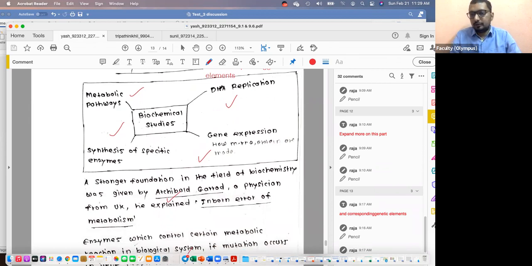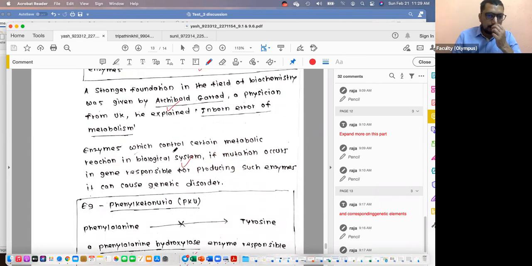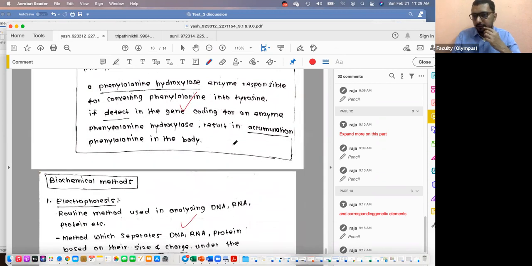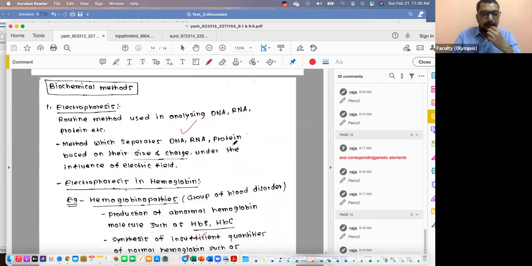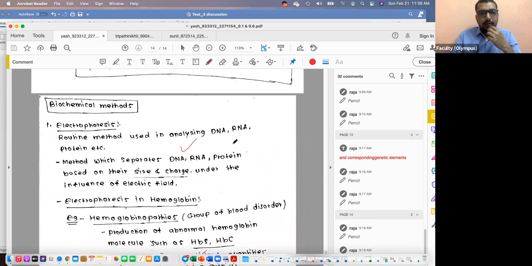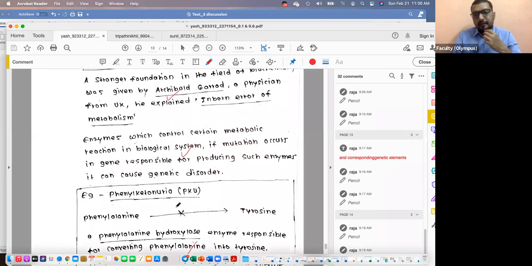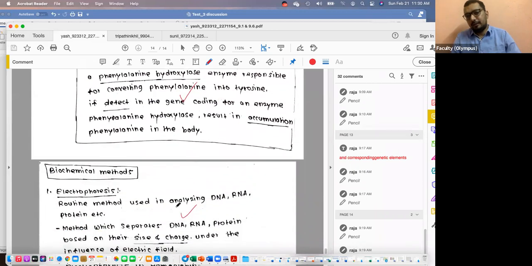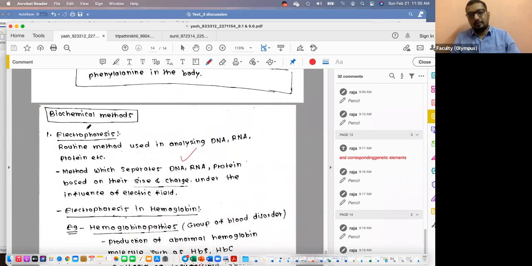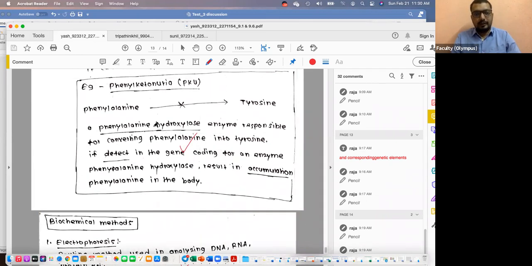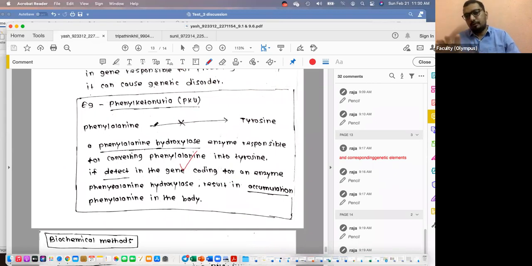This type of chart is very useful. Sunil, you can adapt to these type of charts. Sunil, you can actually use combination of statements and these charts. Okay, Archibald Garrod, enzymes, phenylketonuria. This organization is very good. Yes. And the biochemical methods you went on discussing about, instead, I would like you to talk about the methods as part of these three categories, rather than separately talking about the biochemical methods. So you reorganize your information. No need for going for a subheading like biochemical methods. Put electrophoresis as what Sunil did. Put under the diseases like hemoglobinopathies. Give an example of method called electrophoresis.